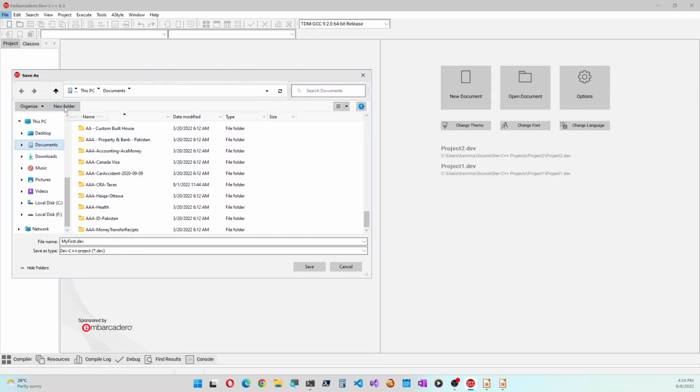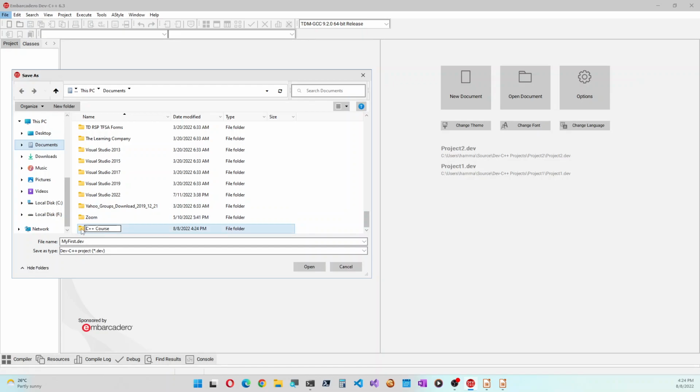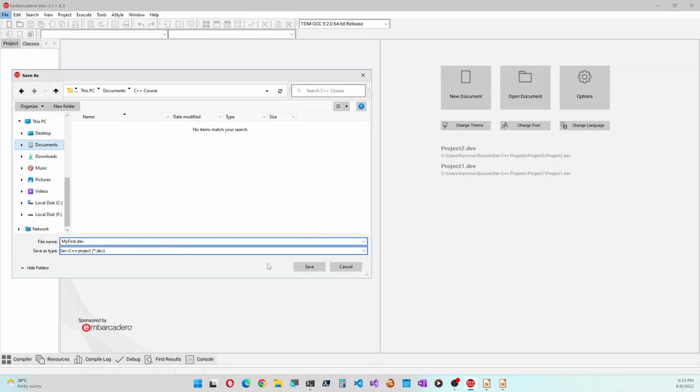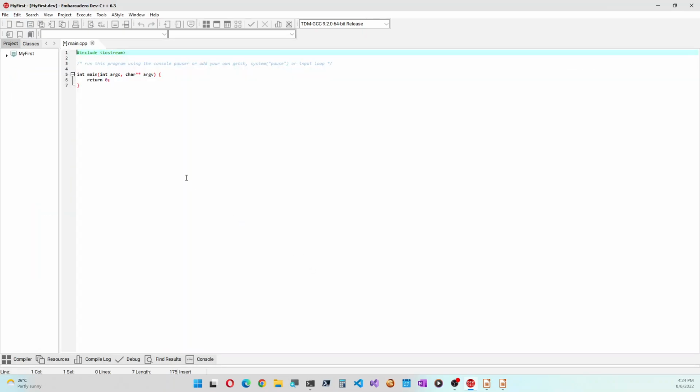We'll create a new folder and we'll save it. You can see that a skeleton code program is already created for you by the IDE.